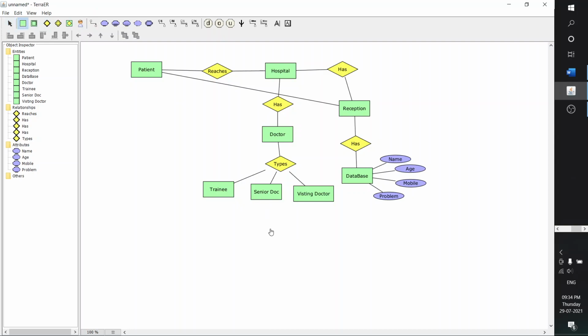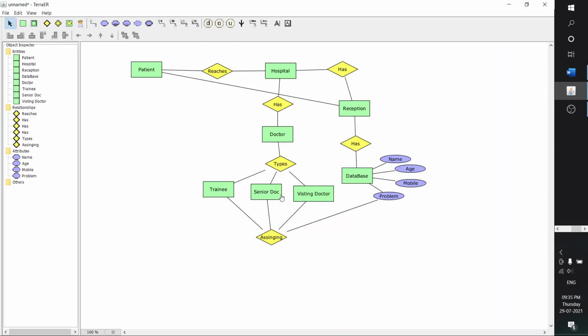So we can say assigning can be a relation, right? Assigning. So of these three doctors, one doctor will be assigned to this patient. Assigning will be done with the help of this problem.